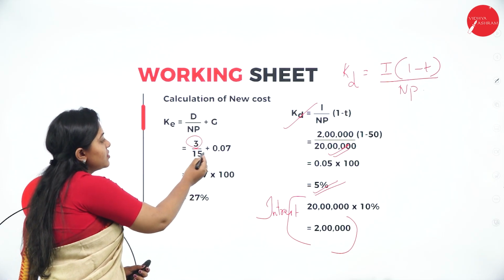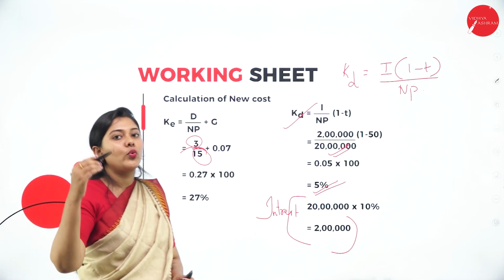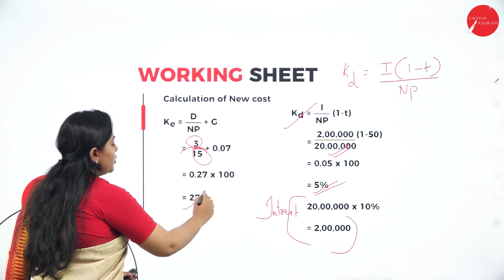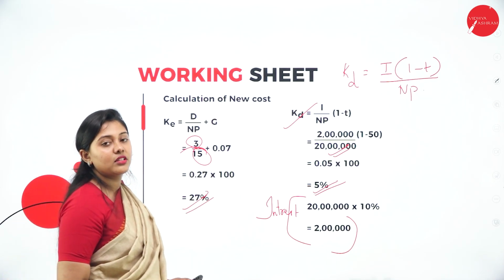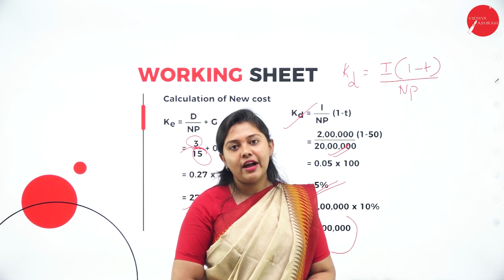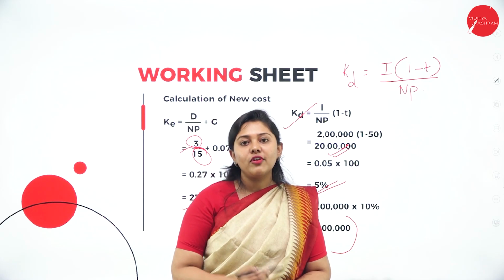Dividend is 3 rupees and the net proceeds is 15 rupees. There the net proceeds was 20 rupees. Now it has been decreased to 15 rupees. So the value you get is 27%. Now let's calculate the computation of new weighted average cost of capital, because we have raised the external fund of